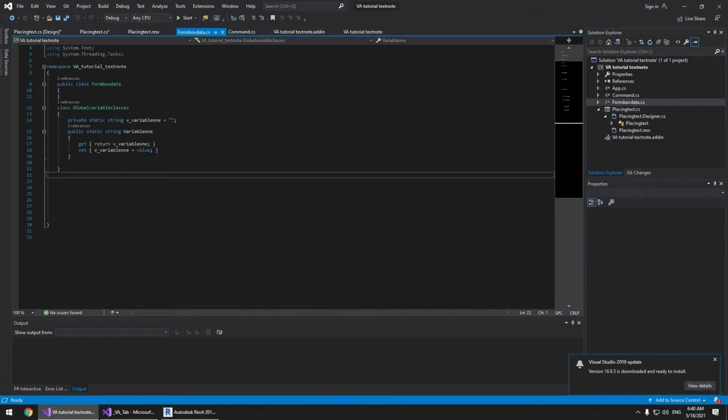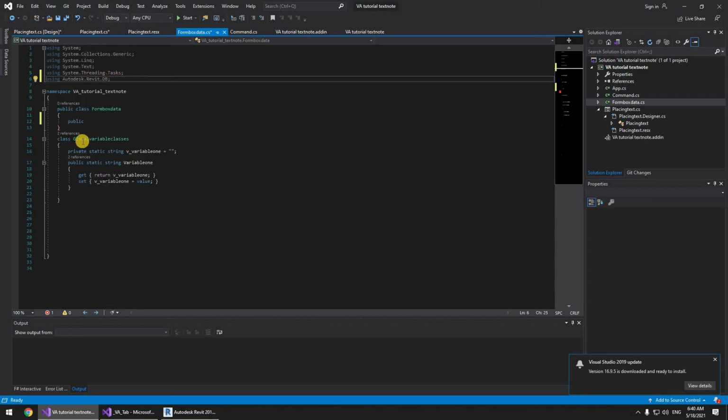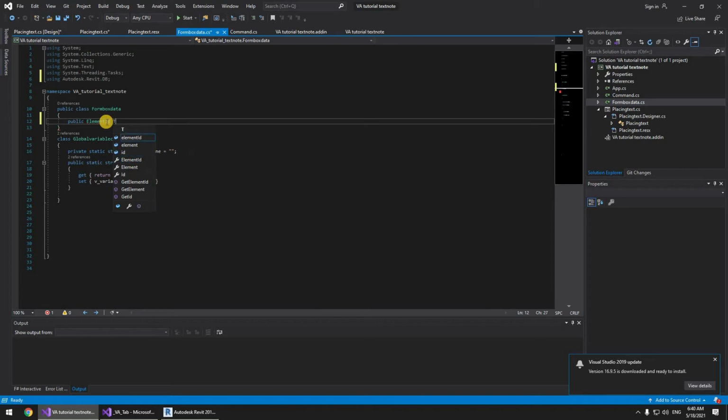that we have created. And right here, we're just going to be typing public. We need to add Autodesk Revit API. Okay, go back. Public element ID text